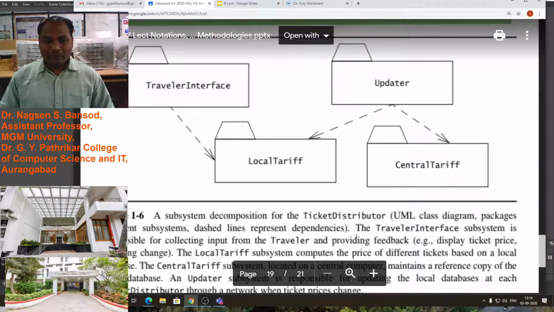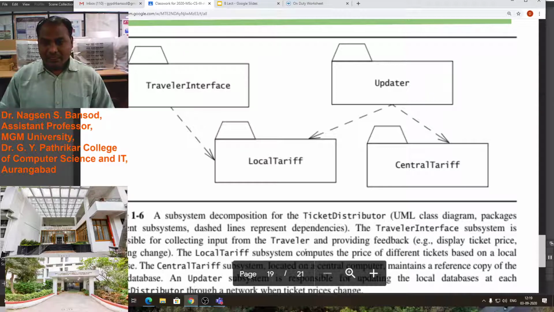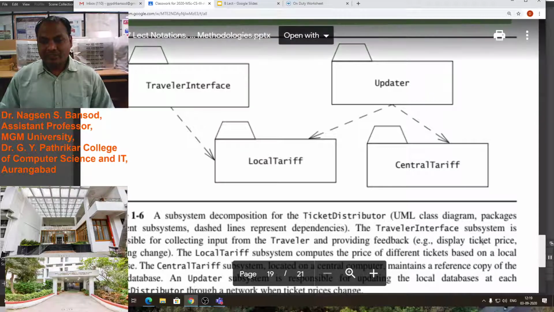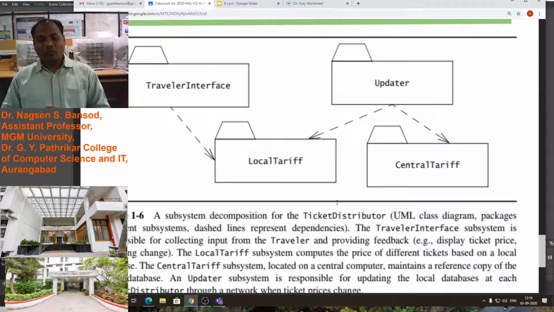The traveler interface subsystem is responsible for collecting input from the traveler and providing feedback: display ticket price, return change. The local tariff subsystem computes the price of different tickets based on the local database.